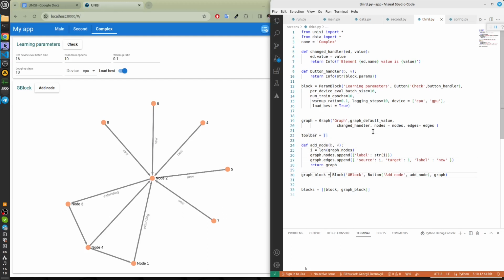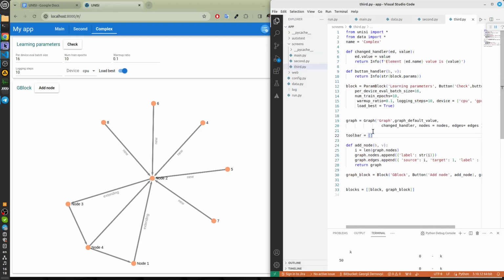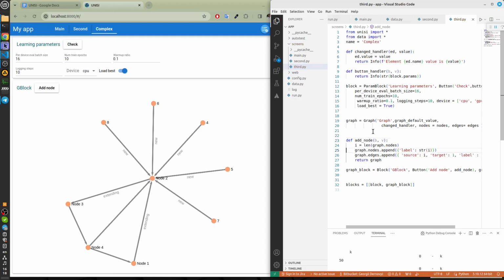Let's copy the button to the toolbar. Here it is, but the Add Node Handler is declared after using it. Fix it. The button is added.